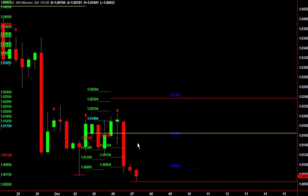from, I think it was yesterday, Tuesday, Monday night. We had the long trade up at 0190. You can see that it didn't really move as I would have expected, or as I would have hoped, I should say. But as the price has moved up, we can see this last bar, which was the